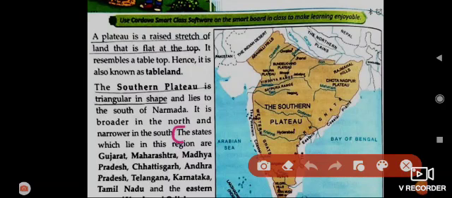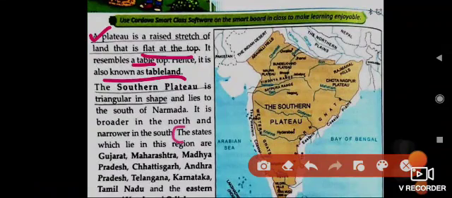As we are starting with the chapter, let's read about what a plateau is. A plateau is a raised stretch of land that is flat at the top. It resembles a tabletop, hence it is also known as a tableland.